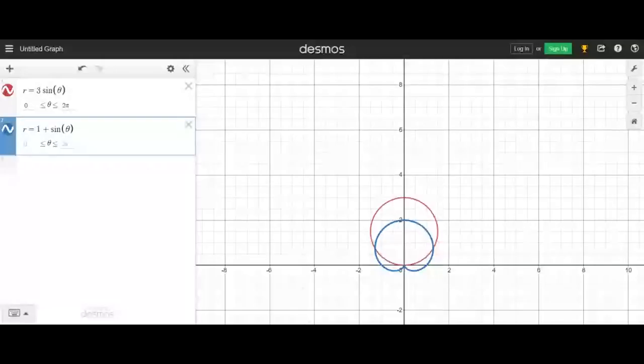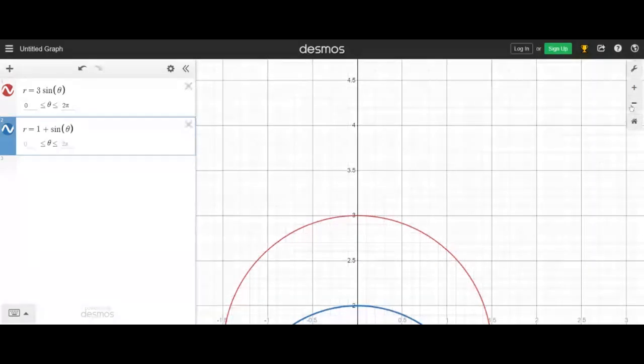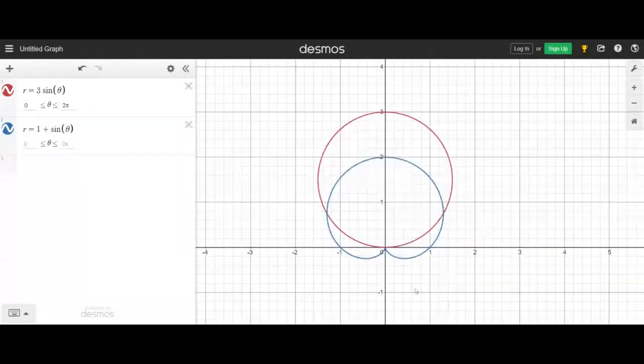I've done the graph already. So there, the red graph is the circle, and the blue graph is the cardioid. There it is. And I can make it a little bigger and move it around. So what we would do is now we would take that graph and draw it on our paper, right? And we want to shade in